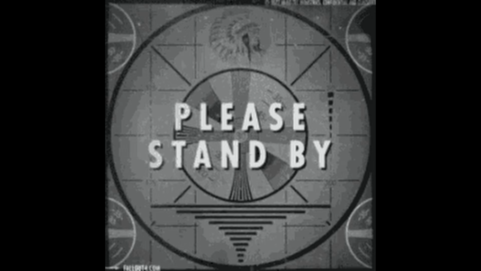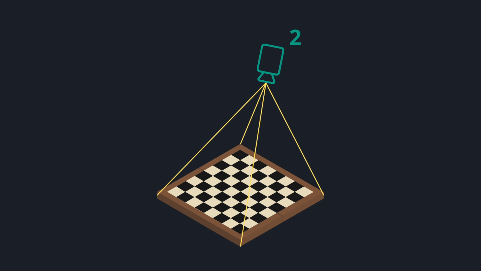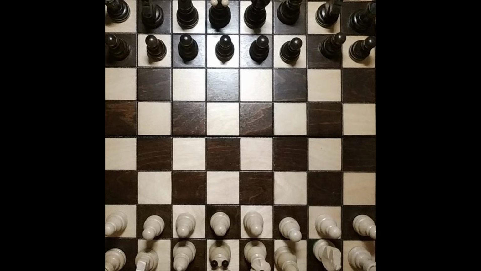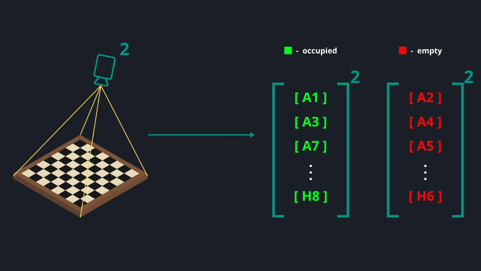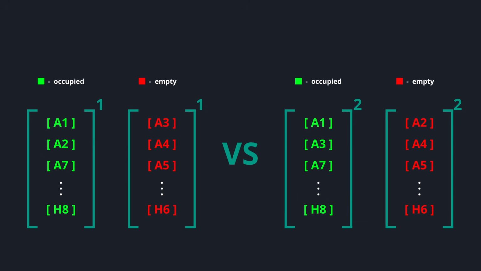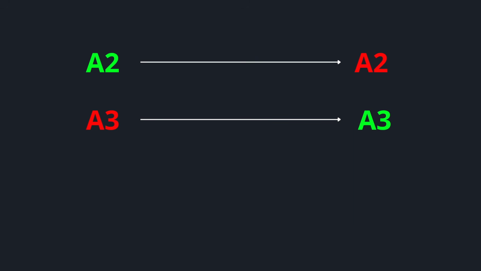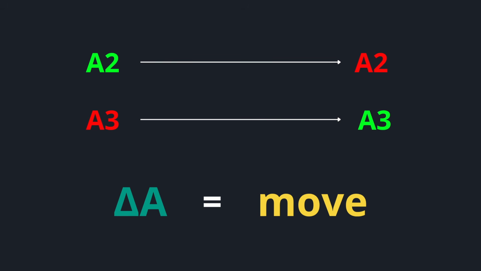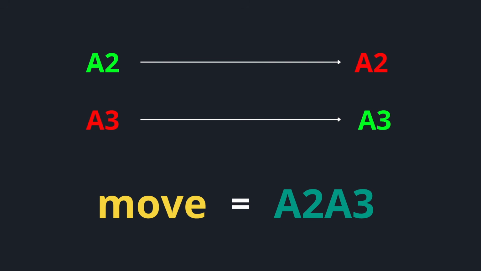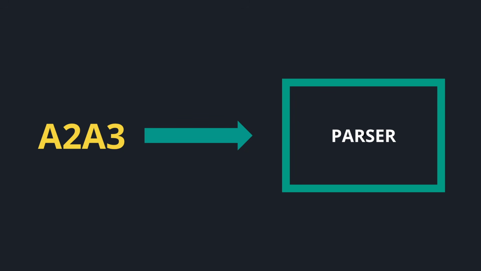The system remains on standby until the new camera frame enters the pipeline. Then my neural network repeats its analysis across the chessboard cells and allocates the fields into a new pair of occupancy matrices. After each sorting pass, the two last matrices are compared against each other. The comparison immediately reveals which fields have changed state. And using the delta of these two matrices, the system assembles a string containing field labels and sends it